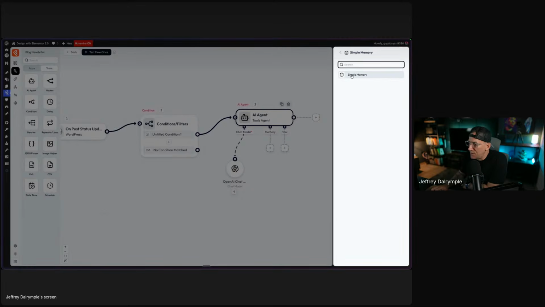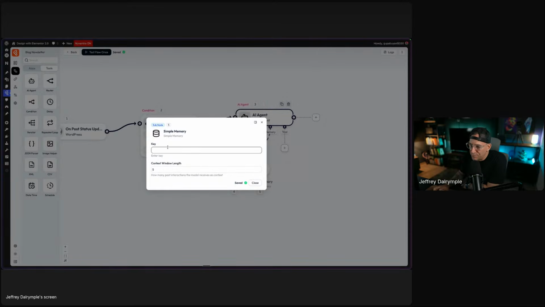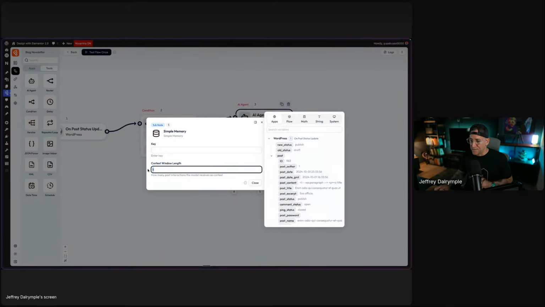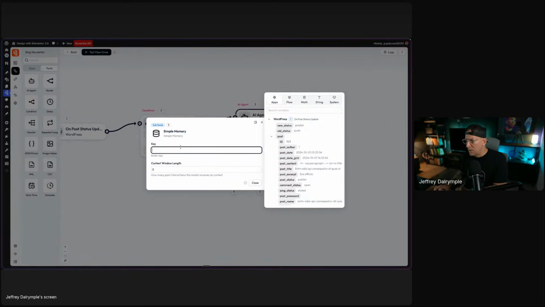Now, if I was going to do something like a support, then I would create memory for that. I don't see a need for it because, from my understanding of memory, it's going to remember the last, in this case, 5 times that it ran this. But every time it's going to be just like the same thing with the blog post. So, I mean, I could go ahead and just give it a simple one.